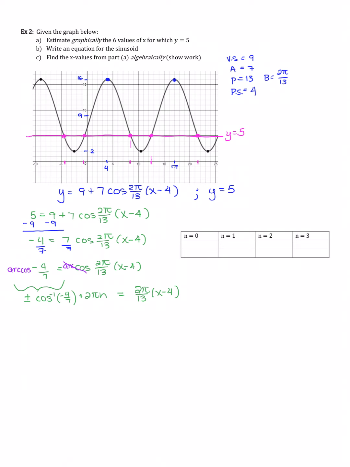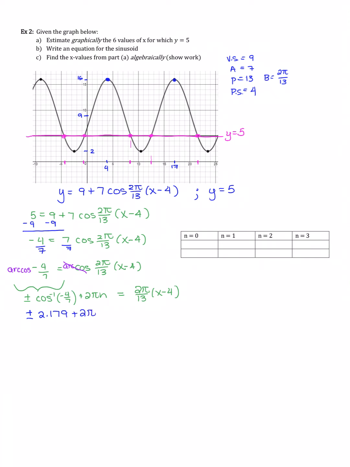Okay, so now we go to our handy dandy calculator. Because we're using the calculator right now, you need to understand where it is getting its answer from. So this is a negative ratio. Cosine is negative in the second and third quadrant, but remember, we only want that one value. So it's going to pull from the second quadrant, but that's what the plus or minus does. So it's pulling from the second and the third quadrant for this, because we want the relation, not the function. So plus or minus 2.179